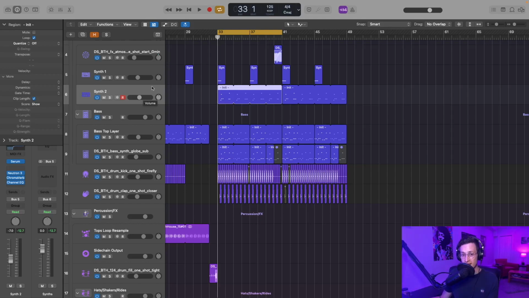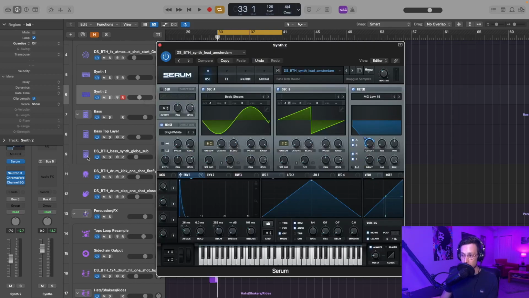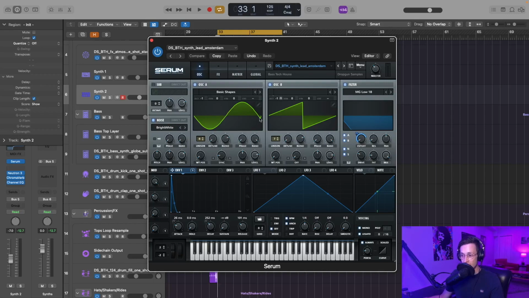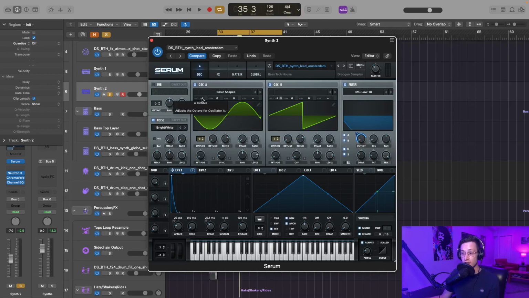This sound from our Bass Tech House pack is a Serum lead titled Amsterdam. For this sound, you want to utilize a sine wave and a saw wave. For both oscillators, turn the octave down 1 and set the unison to about 7 or 8. Make sure your detunes for both oscillators are all the way down and your random phasing is all the way